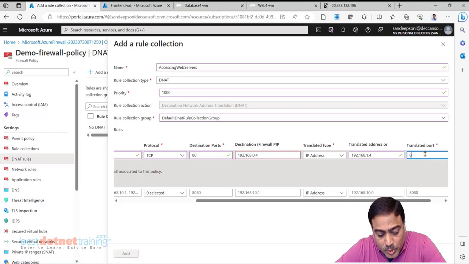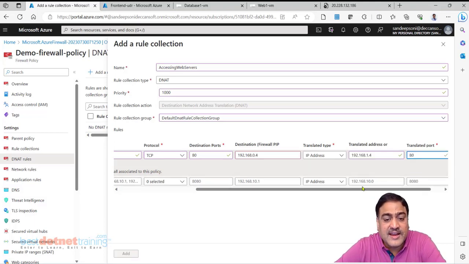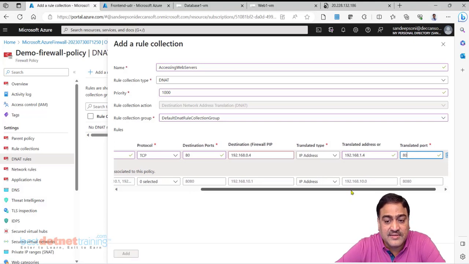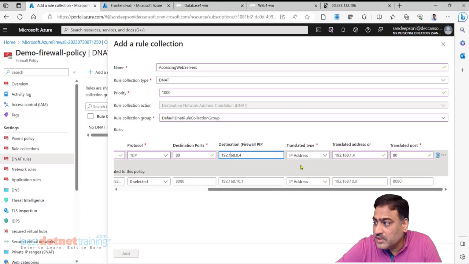And translated port is 80. We are basically doing NATing. This is called as NATing. I'm sending the request to this IP, this port, which is firewall IP, and it's forwarding the request to the private IP address of the web 1 VM, same port.